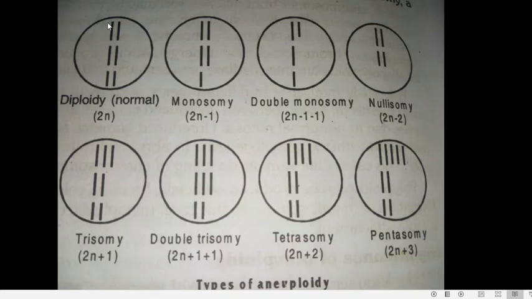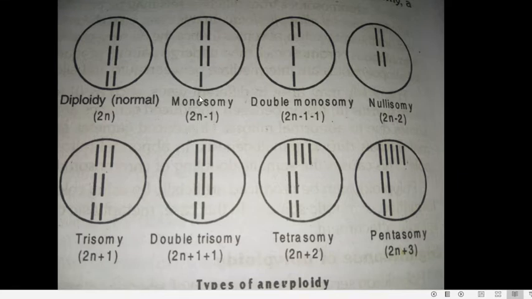So here this is the diploid number, which is 2n. This is a normal diploid cell of an organism where we can see 3 homologous pairs of chromosomes. Now here, in this condition, we can see that from one of the homologous pairs, one chromosome is lost, one homologue is lost, only the other homologue remains. That condition can be called 2n minus 1 or monosomy.